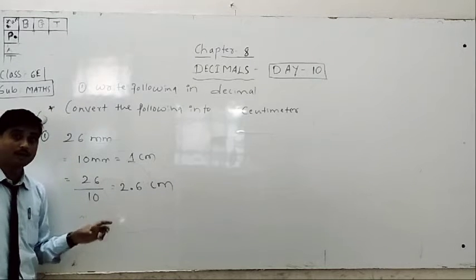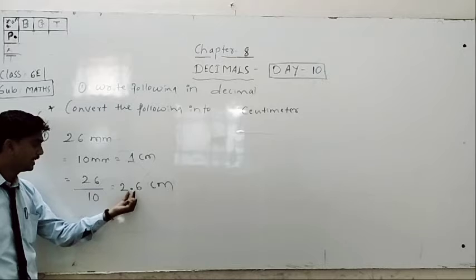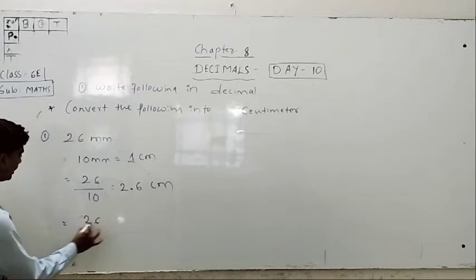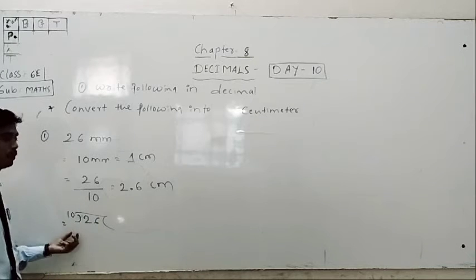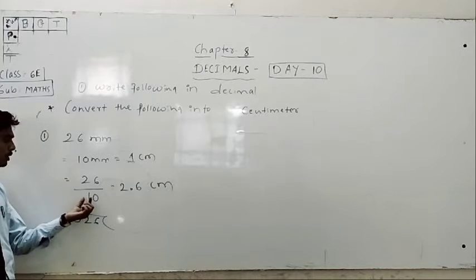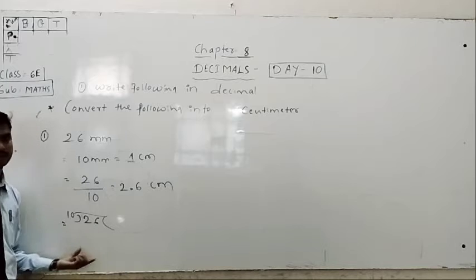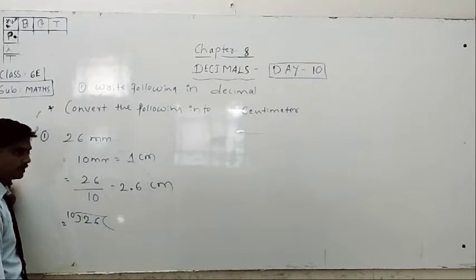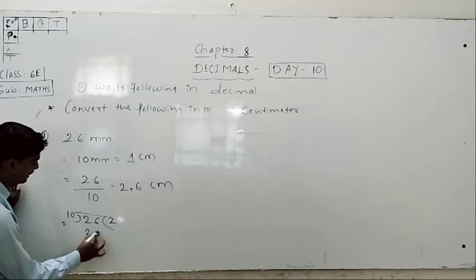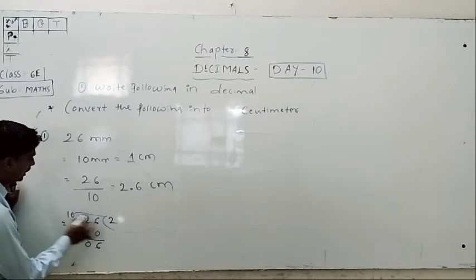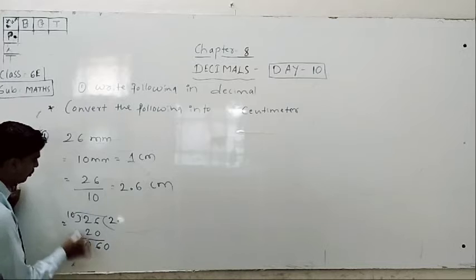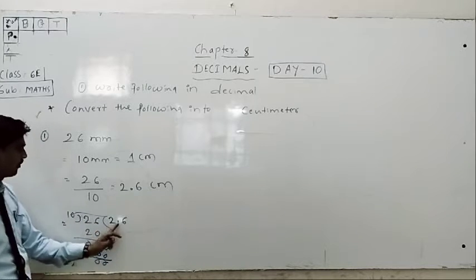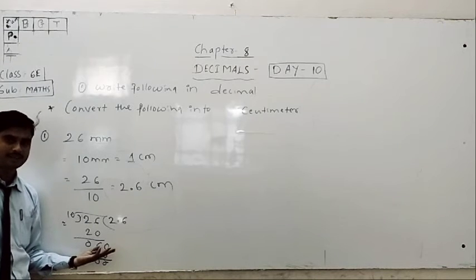This one you should write in decimals, because using the decimal point you have to convert. Another method is 26 divided by 10. This time also you have to solve directly. Does the tens table have 26 or not? Sir, it does not have 26, because 10 twos are 20. Then 6 0. Then keep the point and you take a 0. 10 sixes are 60. 2.6. Our answer is also correct.